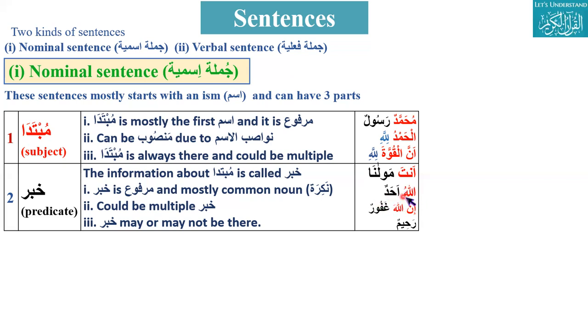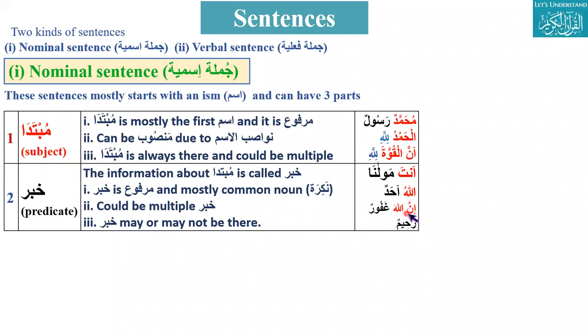So Allah is mubtada. You can say mubtada is mostly the first ism, and it is marfu, but it can be mansub because of some reason. But here Allah is marfu, and ahadun is describing Allah. So this ahadun is khabar of Allah, khabar of mubtada. So here if you see inna Allah ghafurur rahim, here Allah is mubtada, and inna is nawasibul ism, and then ghafurun rahimun,